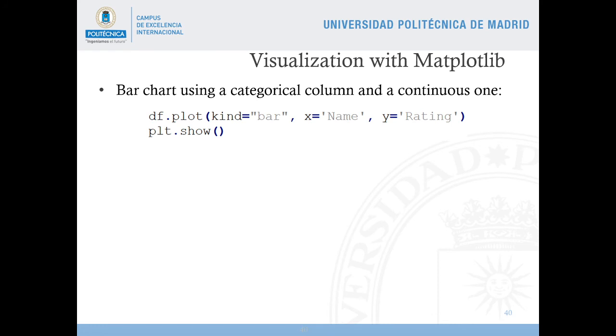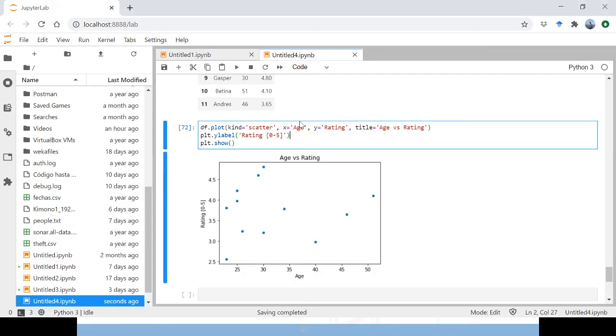Well, we can also get a bar diagram, or a bar chart, sorry. In a bar chart, we have two different types of variables. We have a discrete or categorical variable for the columns, and a continuous value, sorry, or continuous variable. For instance,